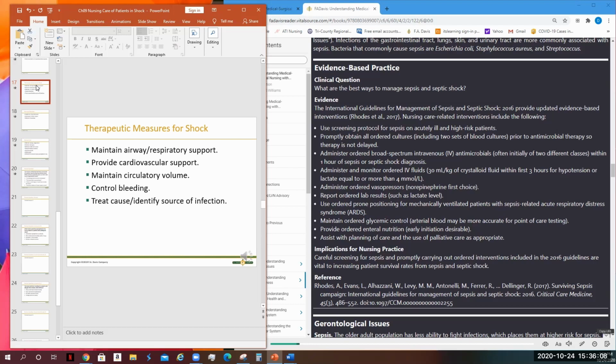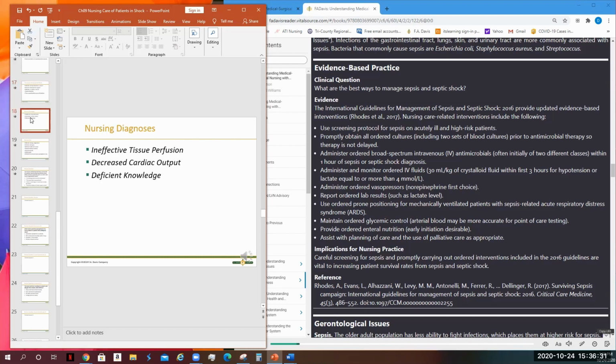Administer ordered vasopressors. Norepinephrine would be the first choice. And you'll also, of course, report your ordered lab results, such as the lactate level. Use ordered prone positioning for mechanically ventilated patients with sepsis-related acute respiratory distress syndrome. Maintain ordered glycemic control, so arterial blood may be more accurate for point-of-care testing. Provide ordered enteral nutrition. Early initiation is desirable, and assist with planning of care and the use of palliative care